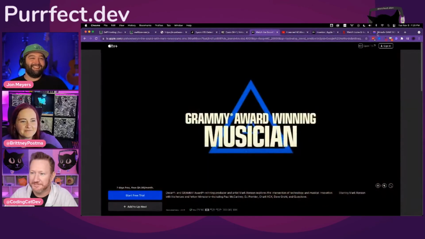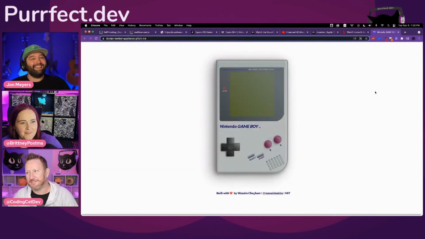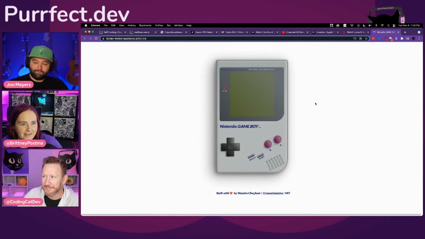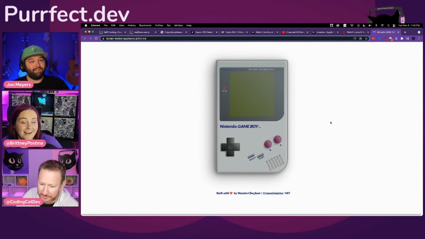That was amazing. All right, mine's way more boring than listening to reverbs, but I thought this was really cool. So this looks like a picture of a Nintendo Game Boy, when in reality, it's 100% CSS, created by Wasm Chegyam. I always screw up his name. I always see him everywhere on Twitter, but these things are clickable. It's all CSS. That's so cool. Oh my gosh. Isn't that wild?